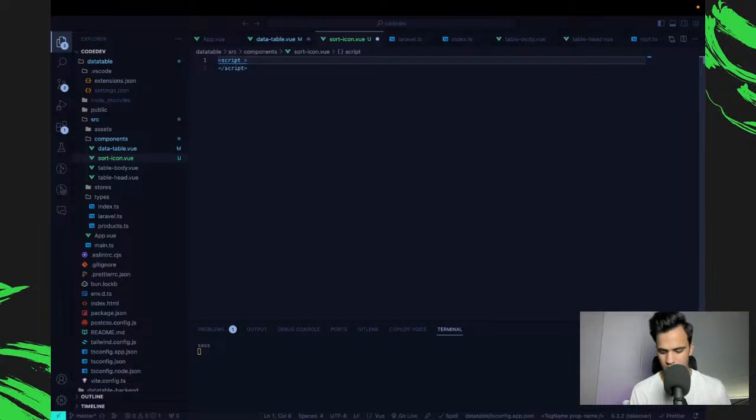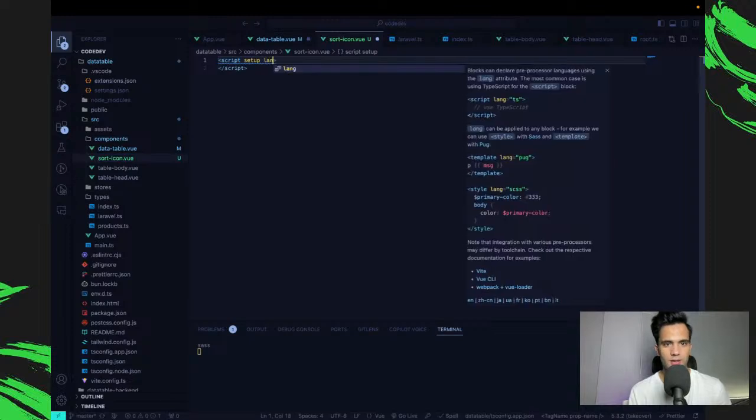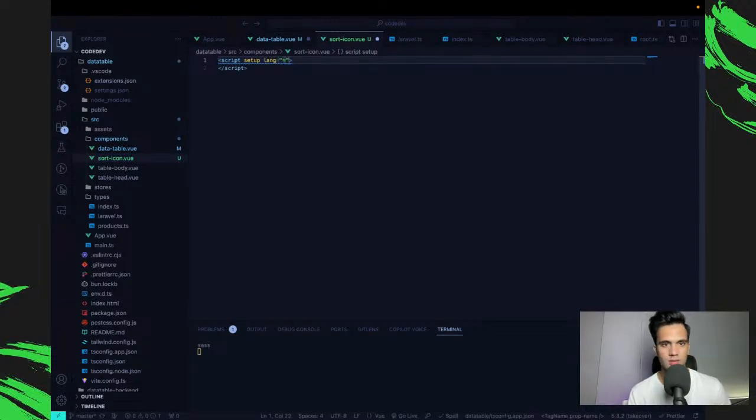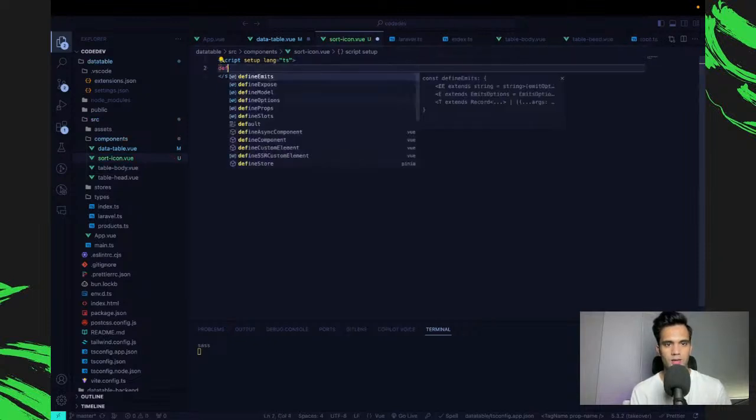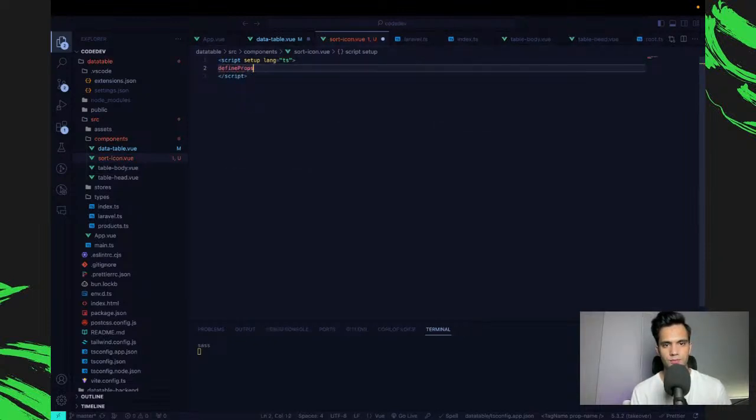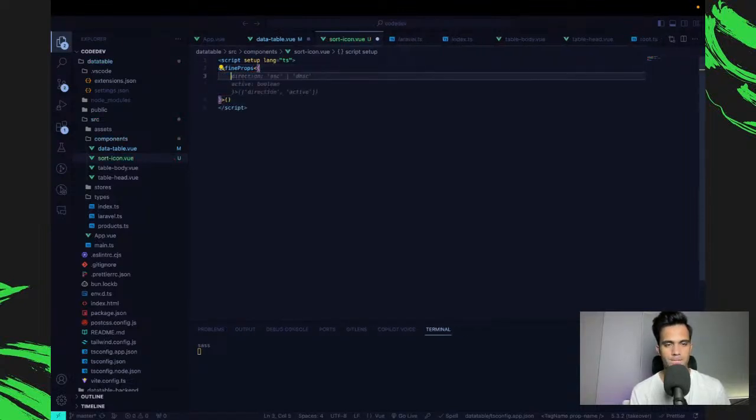So for those reasons, I'm not too sure how I would go about it, but let's say language is equal to TS, and I'll make this component which will just serve two icons, and I can define props. And this is going to be icon, and icon is going to be either up or down, I don't need none, just up or down.